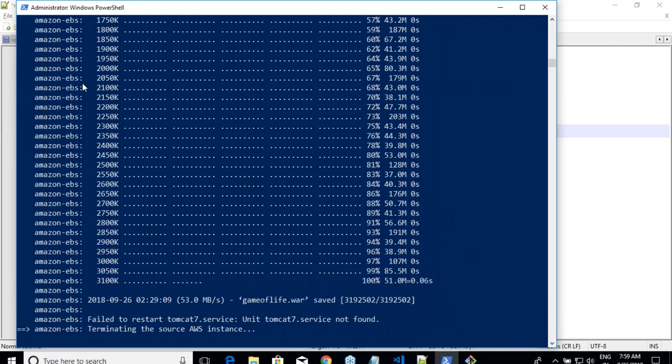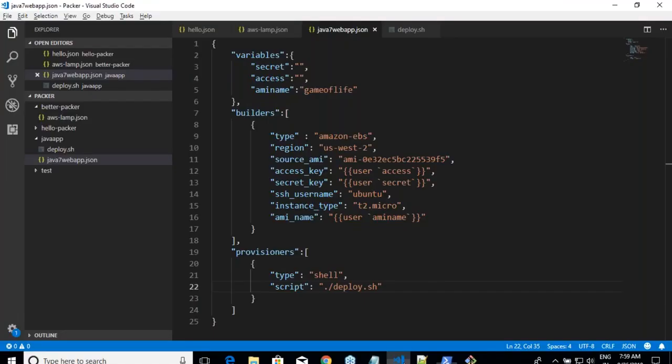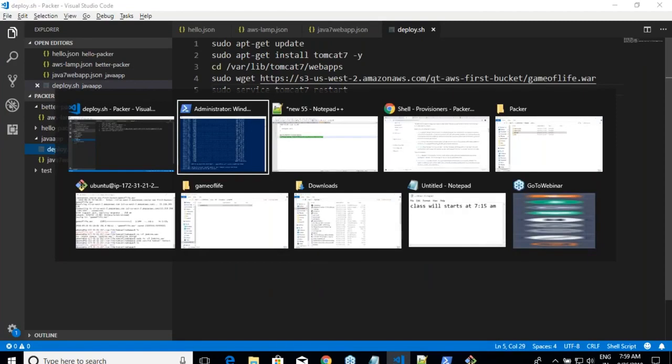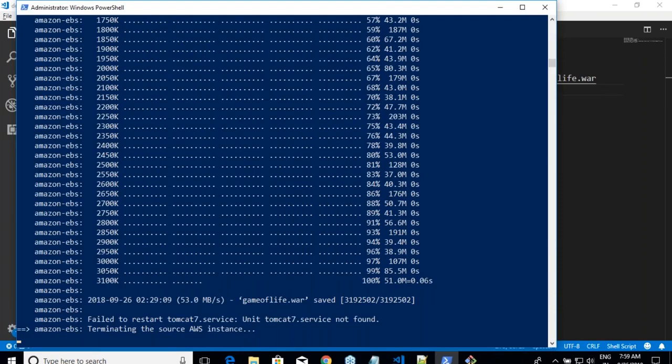Did I miss something? It's okay. It has failed. That's it, right? Okay. It should not have failed. Okay, it is Ubuntu 16 itself, right? In both the cases, I've used the same image. Should not fail ideally. It's okay. That's a provisioning failure, right? We can correct it anyway. We'll see what that is.